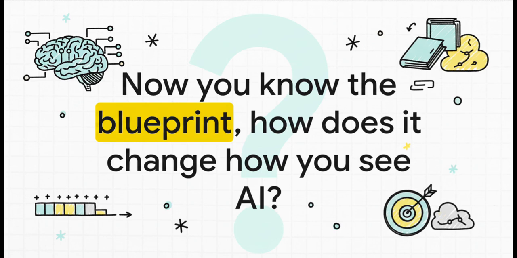So when you see all the pieces laid out like that, it's not really a magic black box anymore, is it? It's this incredible, complex, but ultimately understandable piece of engineering. Knowing that blueprint, from the simple token all the way to fine-tuning, it kind of pulls back the curtain. So the real question is, now that you know how it's built, does that change how you think about the